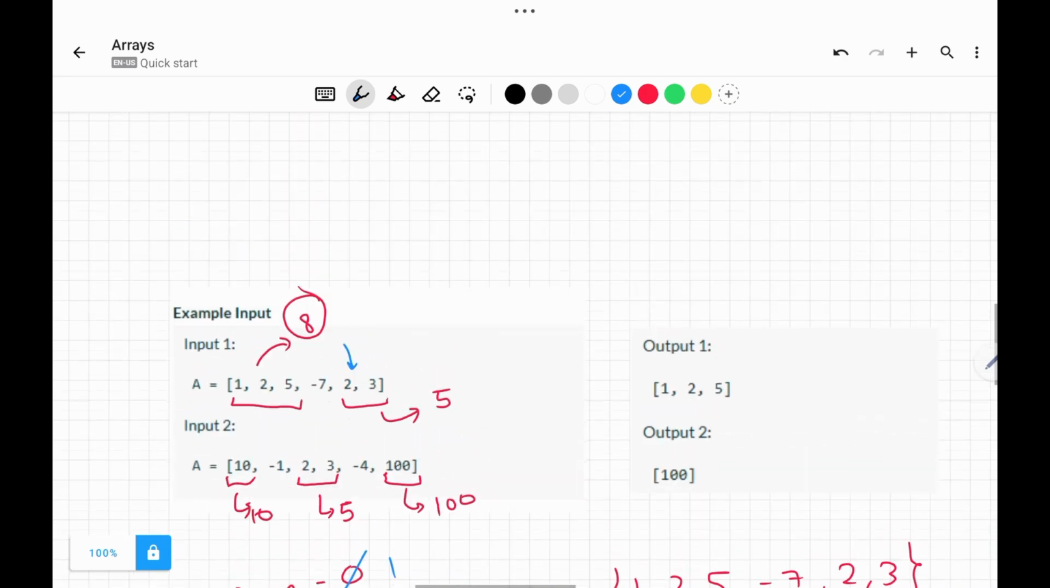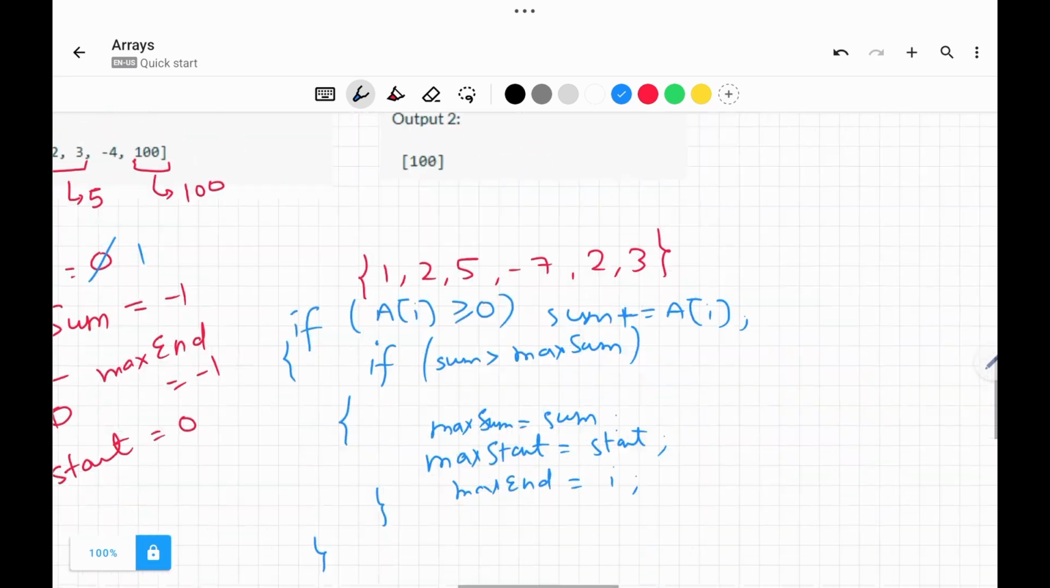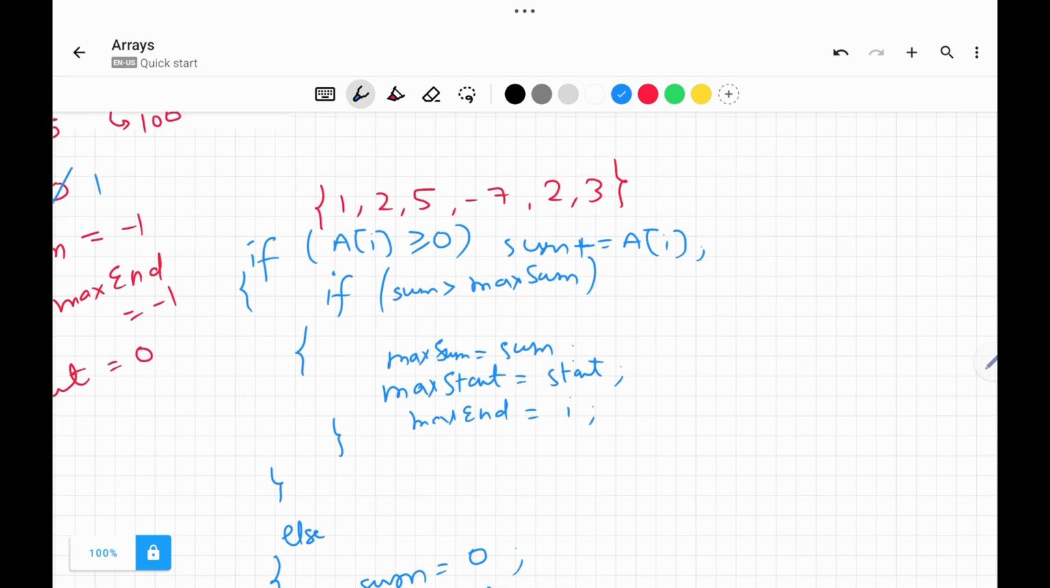What was given in the note? If there is a tie, then you need to return the segment with the minimum starting index, right? So there is one more case which you need to handle. If the sum is greater than the maximum sum, then anyways you need to update the maximum sum subarray. But one more case would be